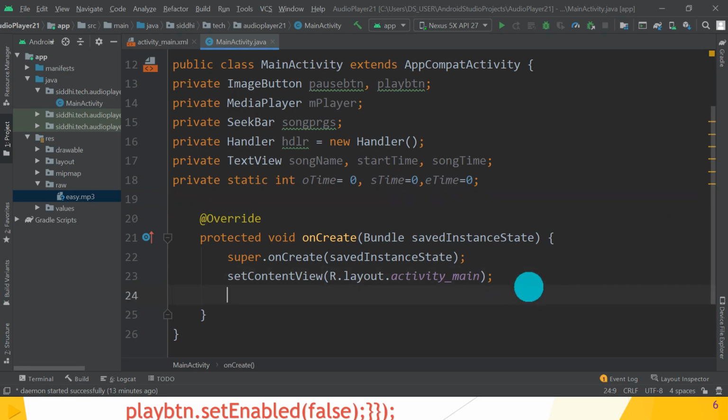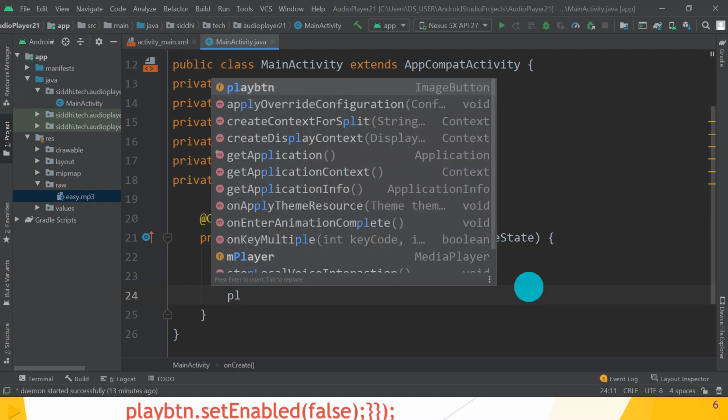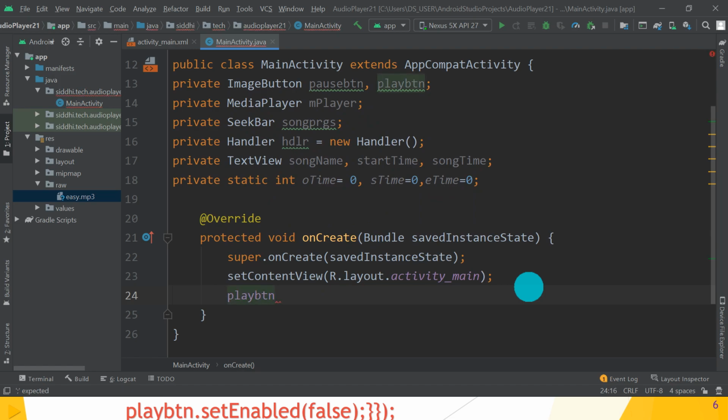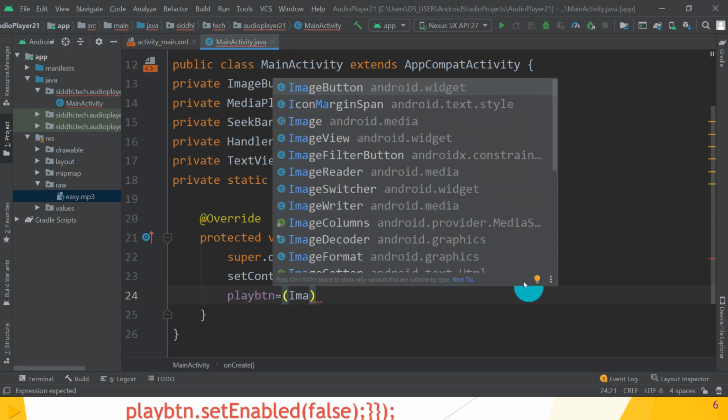So now give the reference ID to the particular reference variables that we have created in MainActivity.java by using the findViewById method. So play button, that is the first button, is equal to, what is this typecast? Image button.